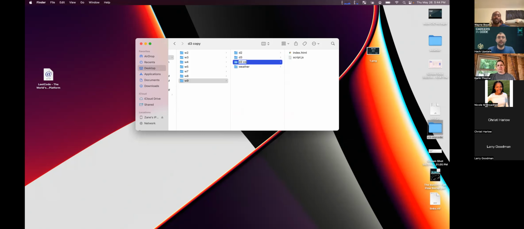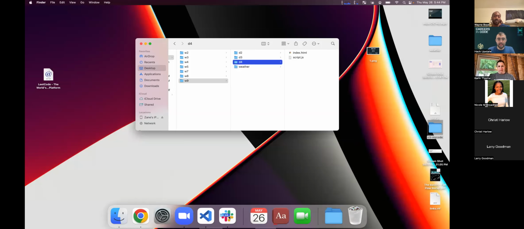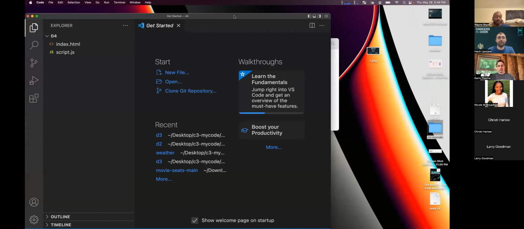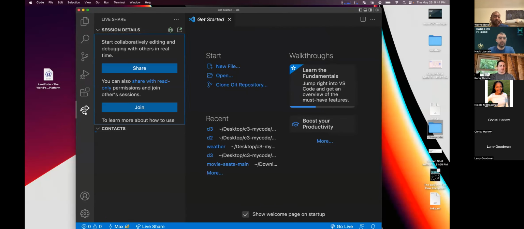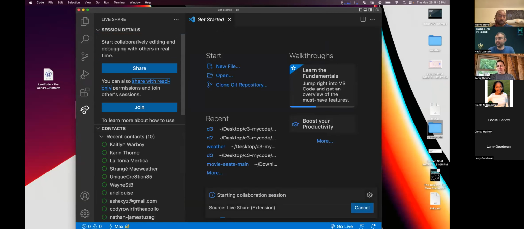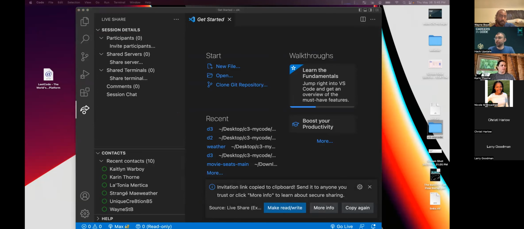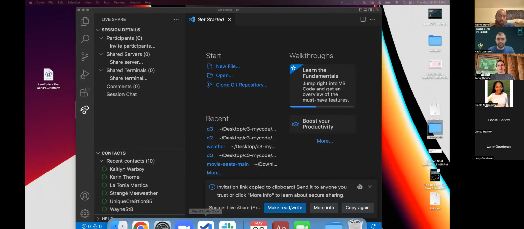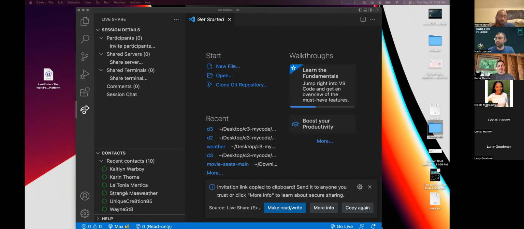And I'm going to rename it as D4. And then I'm going to drag that into VS Code. And I'm going to kick off a live share for you guys and dump that in the live stream and in the Zoom chat.